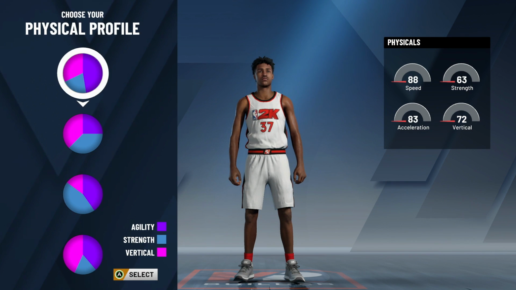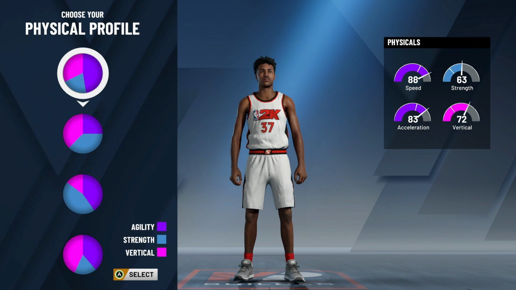All right, next is this pie chart. This is going to be the physical pie chart. It's where you're going to get your speed, acceleration, strength, and vertical. A lot of people say they want to go speed, vertical, they want to go anything. This is all based on you. But what I do when it comes to any build that I'm going to be using like a guard,